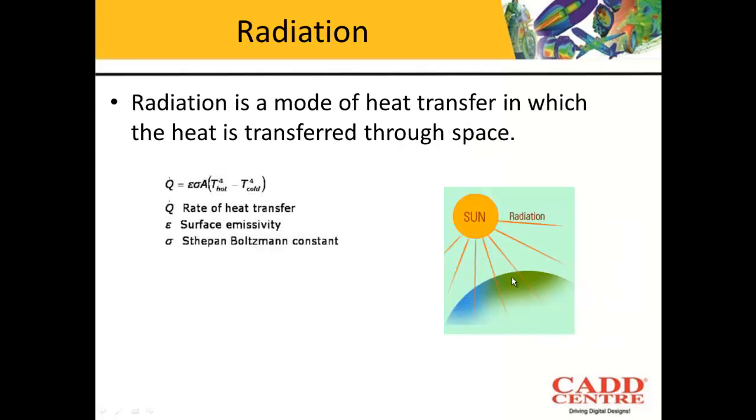Now let us talk about radiation. Radiation is a mode of heat transfer in which the heat is transferred through space. Whenever the heat is getting transferred in space, we call it radiation. The best example of radiation is the sun rays which get transferred to the earth. The other examples can be